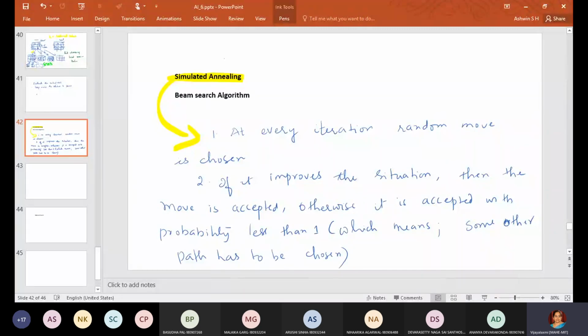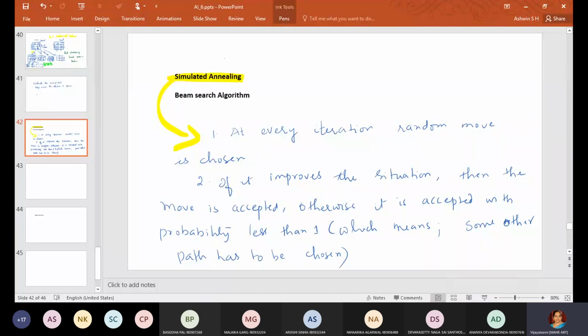So what happens is this probability decreases exponentially with the badness of the move. If your move is bad, this probability keeps on reducing. Okay, exponentially it will change, and you will come to know that whatever random path you have taken is wrong.